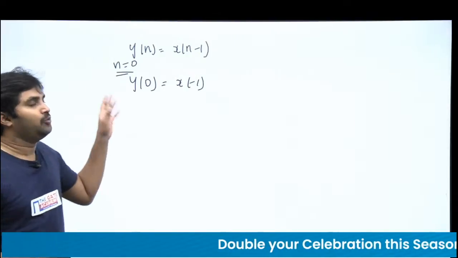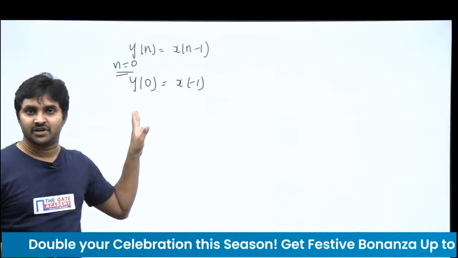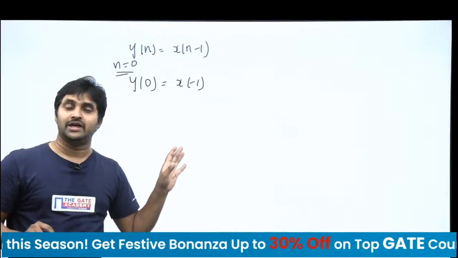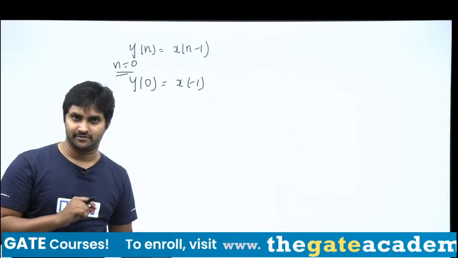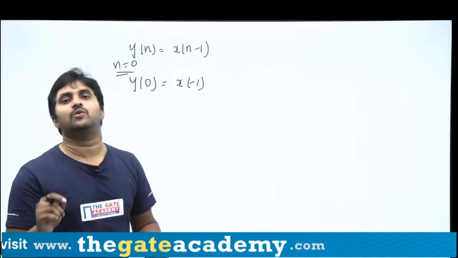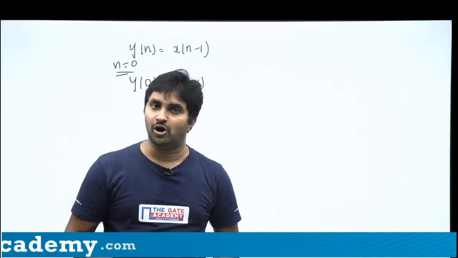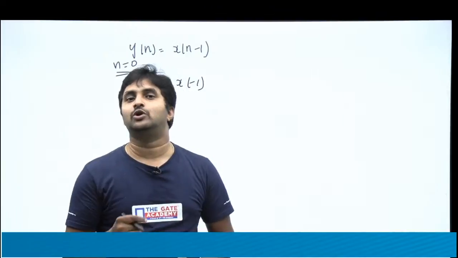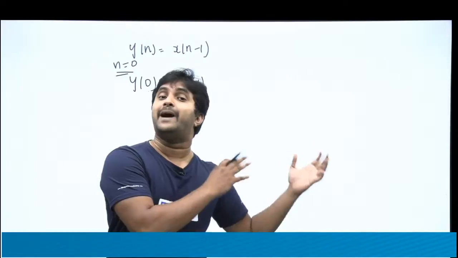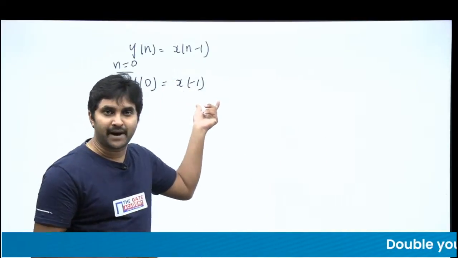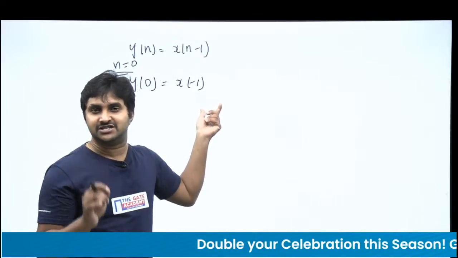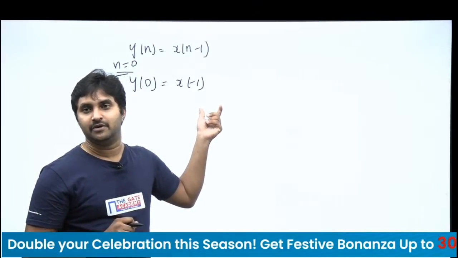Because the output at n equal to 0 is depending on the input at n equal to minus 1. It means that there is a dependency on the past input. The moment it starts depending on the past input,